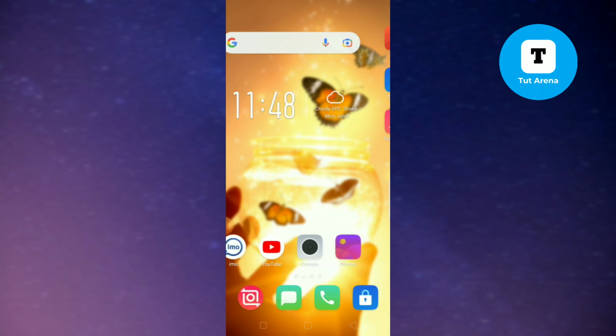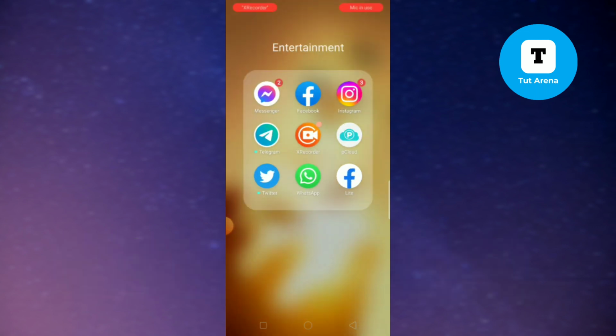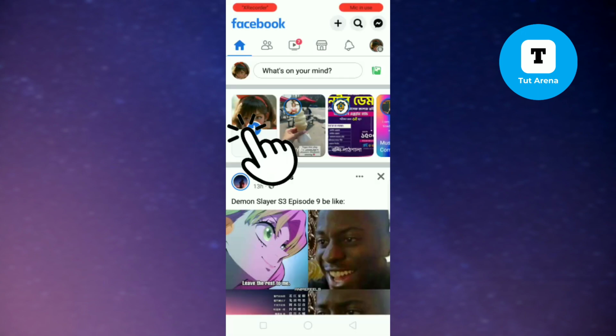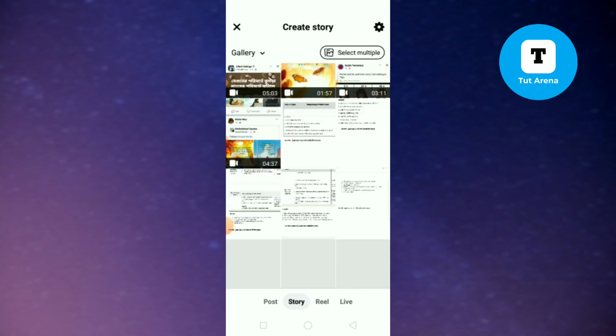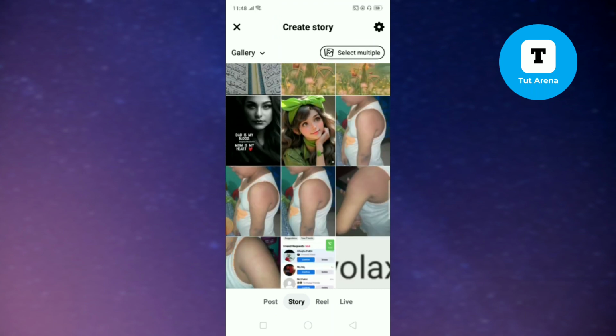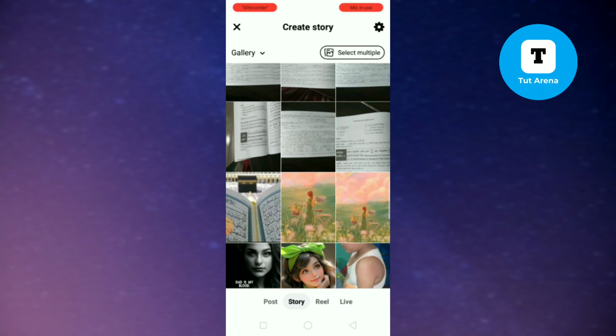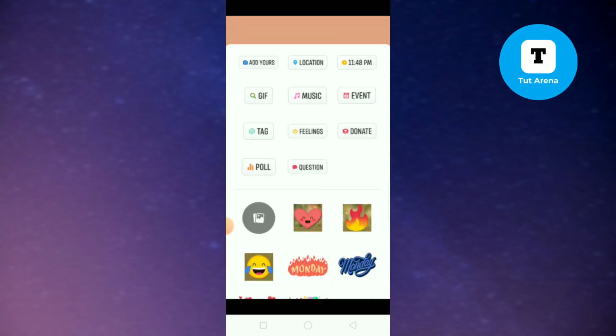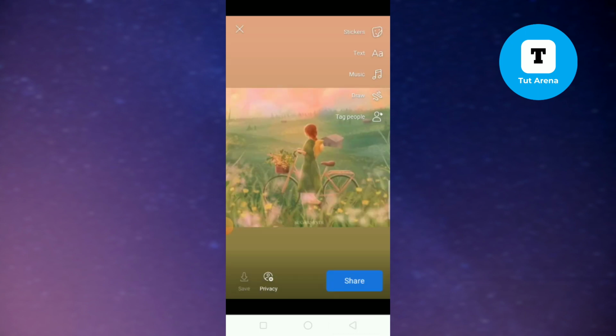Let's start. At first, you have to open your Facebook app, and after that, tap on Create a Story, and in here, just find the photo that you want to share. Tap on that, and then tap on Sticker. And in here you guys can't find any option related to link, and you can't even search for it. For this you have to use another method,